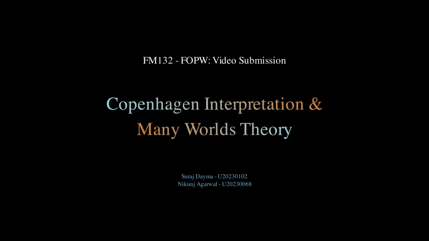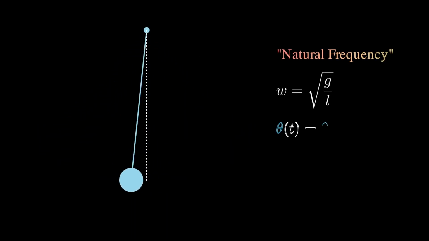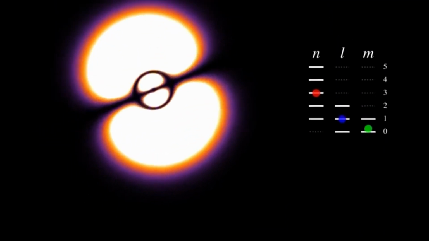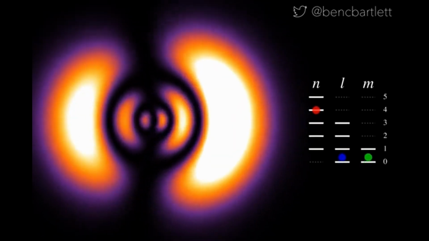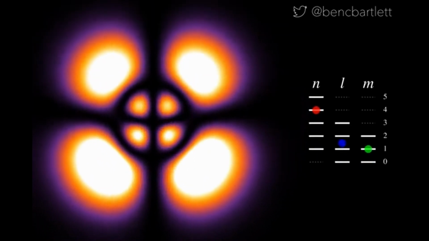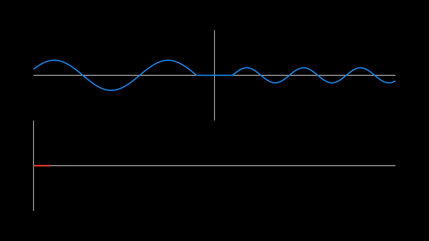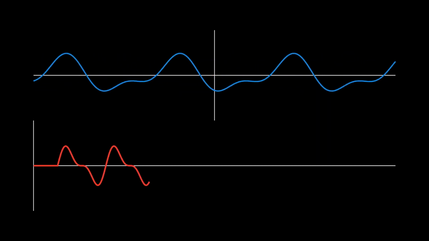Hello. Today, let's talk about Copenhagen interpretation and many worlds. The world as we have known for the past century and more has been deterministic, but the oncoming of quantum mechanics shook our understanding of the deterministic universe. In order to understand how quantum mechanics makes this world probabilistic, we need to understand the notion of superposition. And in order to understand what superposition is, we will take a look at Young's double-slit experiment.